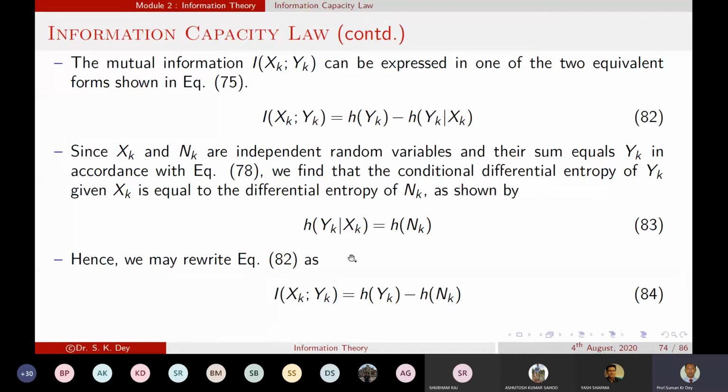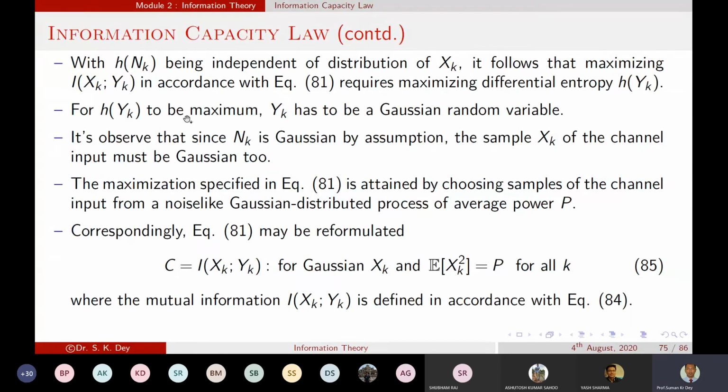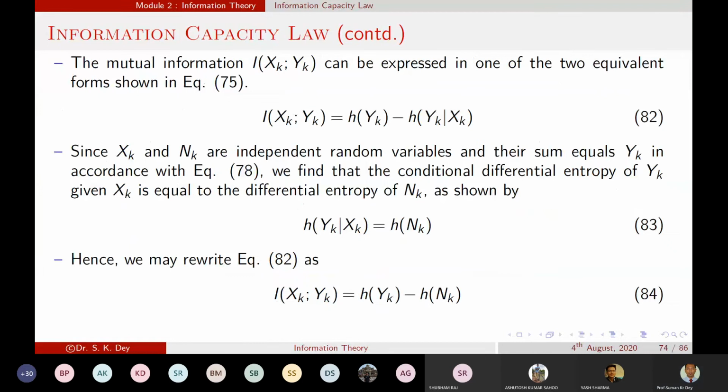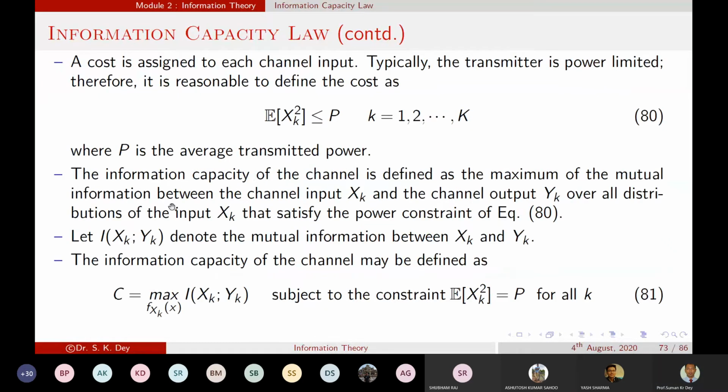Okay, so now if we replace this term into equation number 82, what will we get? The mutual information is equal to h of yk minus h of nk, with h of nk being independent of the distribution of xk. In the following maximization of mutual information in accordance with equation 81, means this equation,